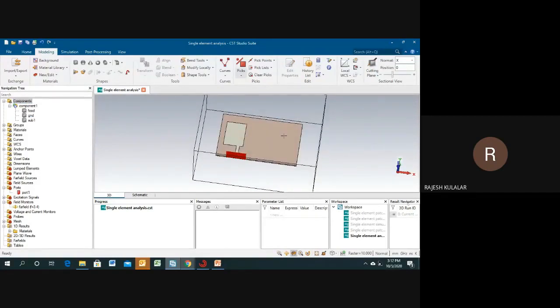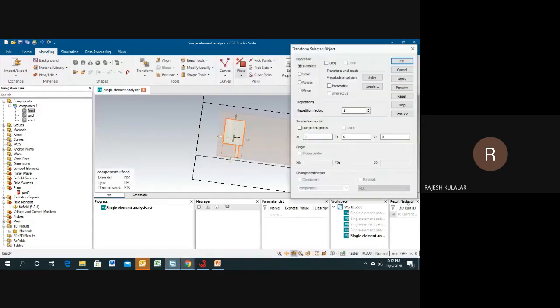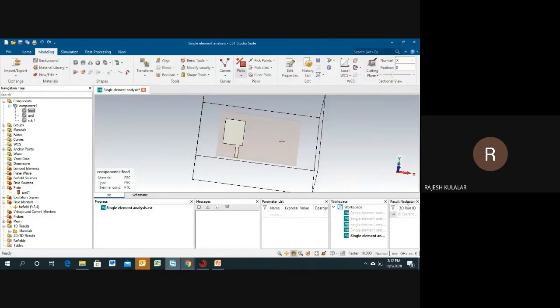in this place. So what can we do? We can do transform directly from this and just copy, and you can specify at what distance you want to place it. Otherwise, if you want to do a symmetry of this patch antenna from the center, what will you need?